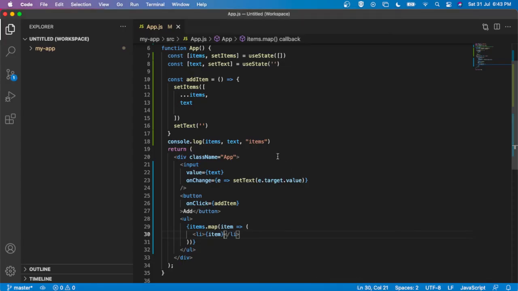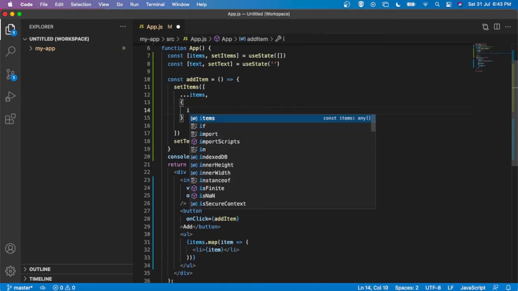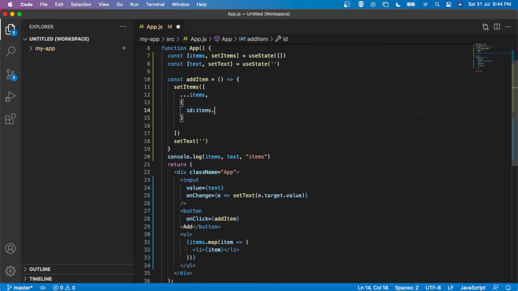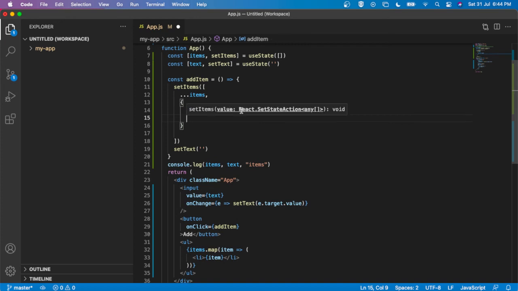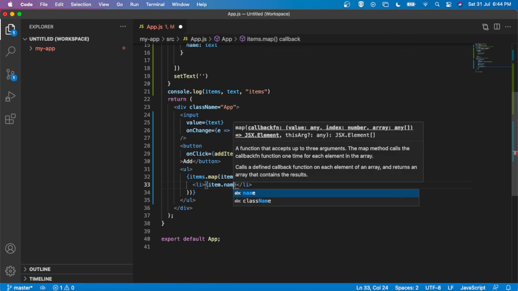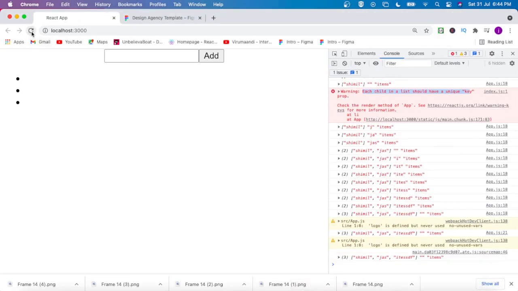So for that, rather than appending here, I am going to add an ID. So I am going to add the ID name as items length, whatever the current length of the items is. Whatever the current length of the items will be treated as ID. Also we are going to add that text as name. Whatever the incoming text is, I am setting the value to the name. Okay, let's see what is happening. Now this will change, I should change it into item dot name. Let's see what is happening.